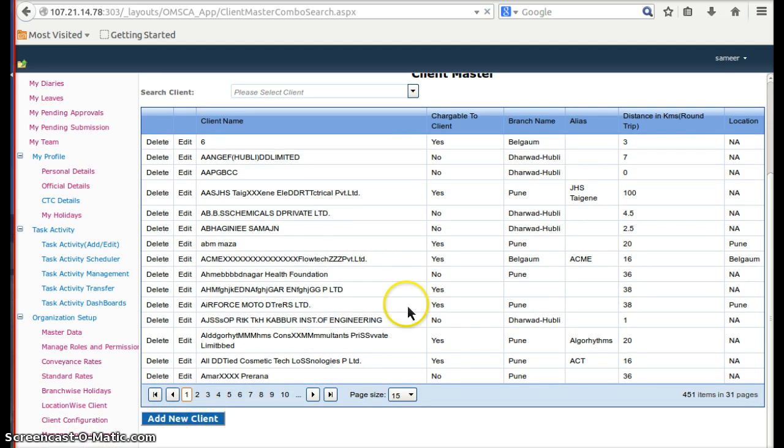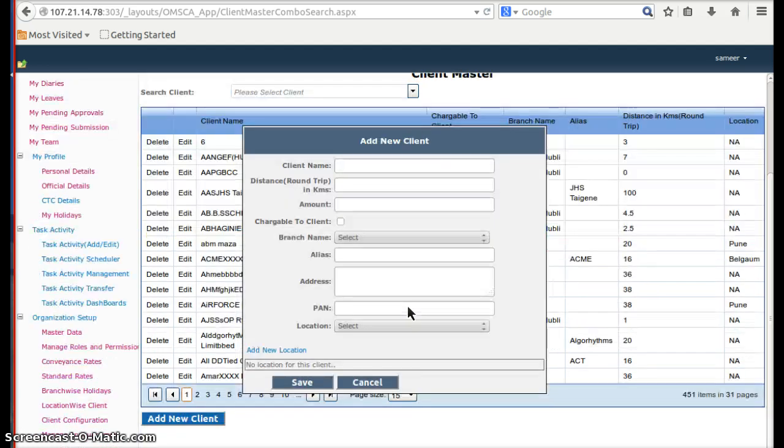I'll just tell you how to create a new client. You click on this button, add new client, and this is the screen which will be visible over here. Here you give the client name, then distance, round trip in kilometers. So from your office, whatever is the distance to the client's place in round trip, you can mention it over here. And the amount is a round figure, just in case, let's say if kilometer wise conveyance is not applicable,